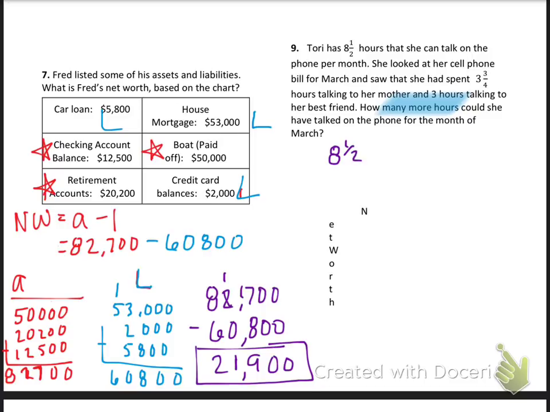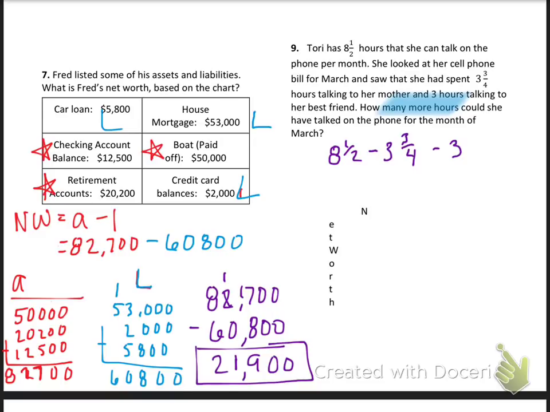alright, and she already spent, so that's like me saying I went to the store, I had $10, I already spent 3 on a Coke. So I subtract 3 3/4. Alright, and then she spent another 3 hours. So that's another subtraction. Alright, so first thing we want to do is we want to convert these numbers into